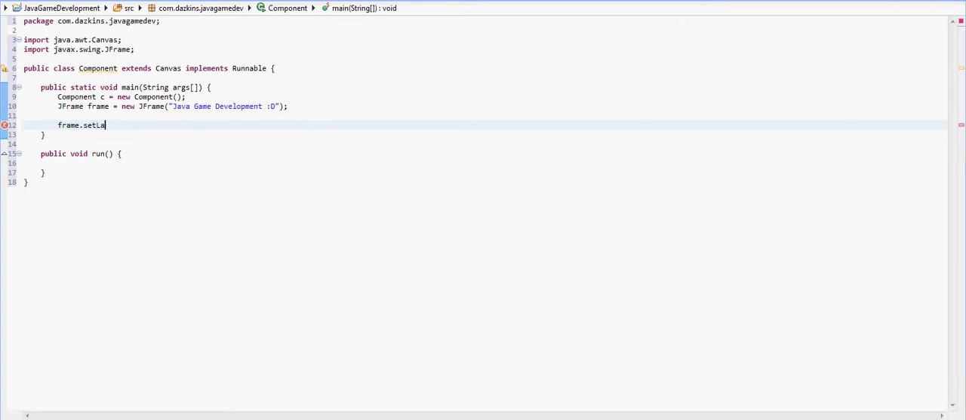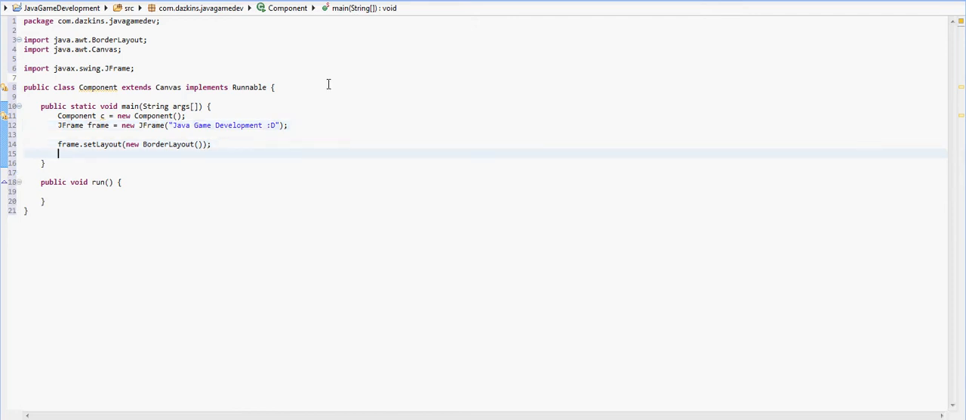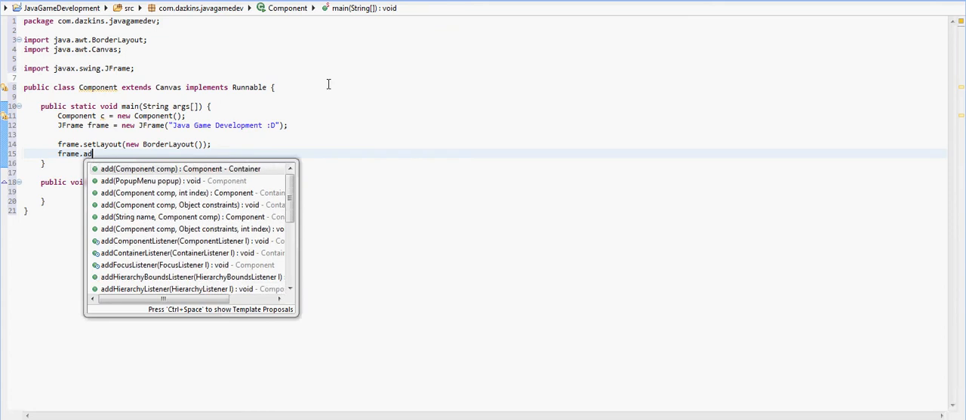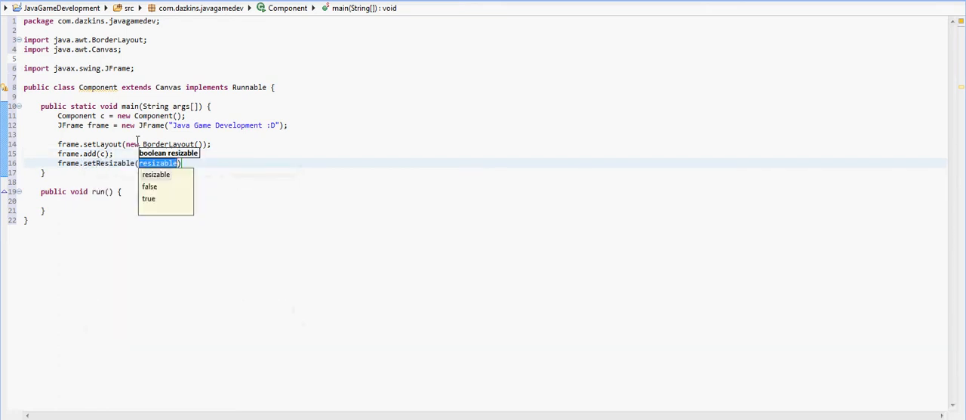Dot set layout, and we're going to create a new border layout. We don't really need this, but for just efficiency's sake, again Control-Shift-O. I'm not going to say this again, but Control-Shift-O to import that automatically. And then we're going to add this component up here, which we're able to do because this class extends the canvas class, so we're able to add canvases to our window. We're then going to set resizable to false